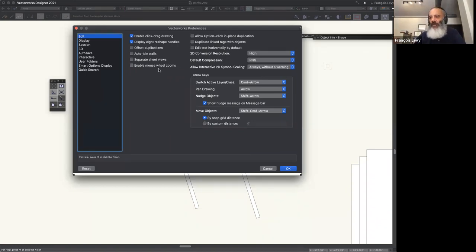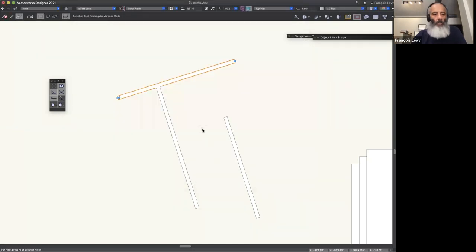Enable mouse wheel zooms. By the way, if you're real attentive and you compare 2021 to 2020, you'll notice that there's a little bit of verbiage tweak on some of these preferences. So enable mouse wheel zooms used to be called, I think, just mouse wheel zooms. So what that does is with your enable mouse wheel zooms, as you